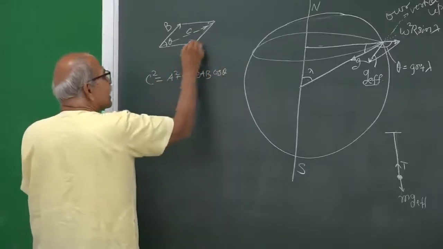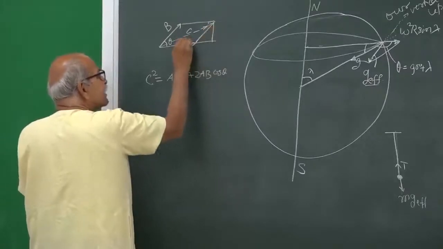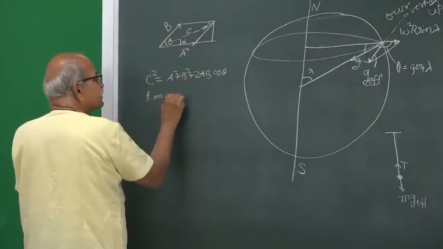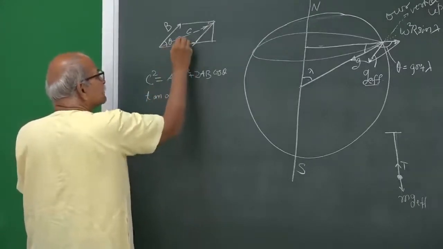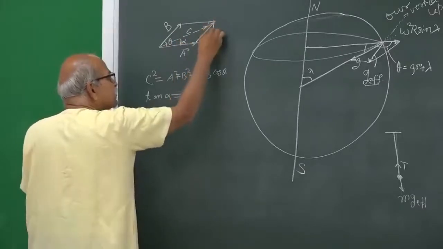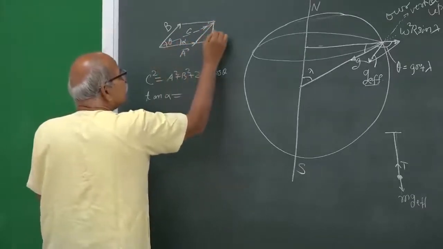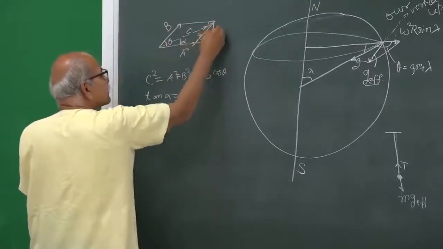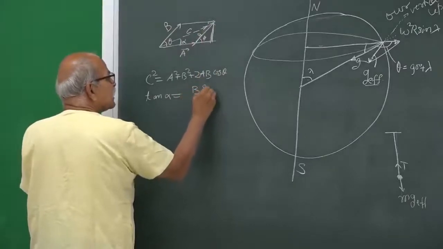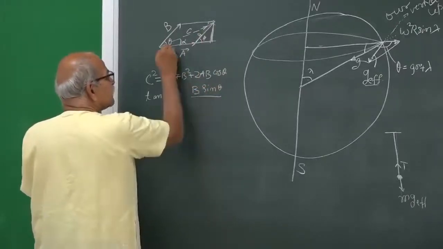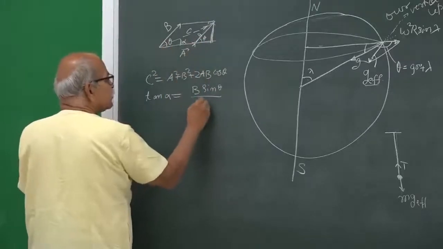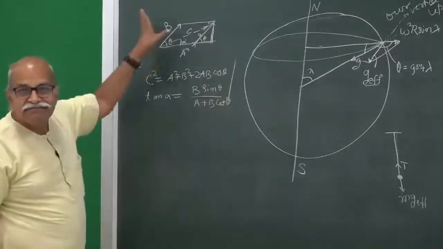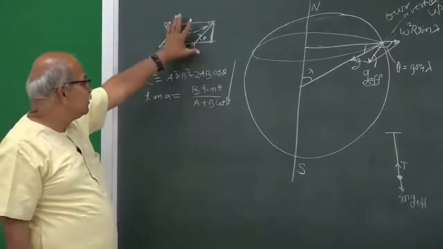This is the magnitude, and this resultant makes an angle alpha with this A vector, where tan of alpha is, if this is alpha, tan alpha is this perpendicular divided by this base, and this perpendicular itself, this is theta, remember, and this is B. So, this perpendicular itself is B sin theta, and then divided by this whole thing, which is A plus B cos theta. So, this is our class 10th vector addition rules.